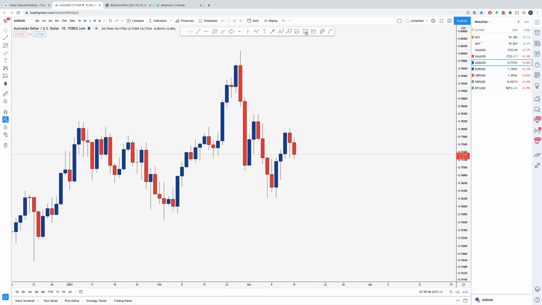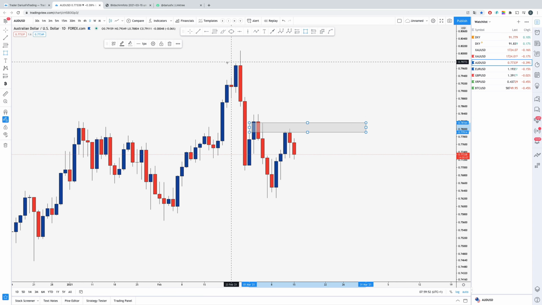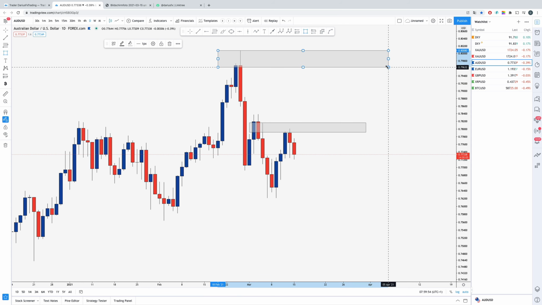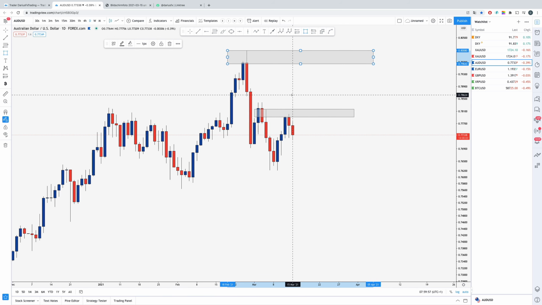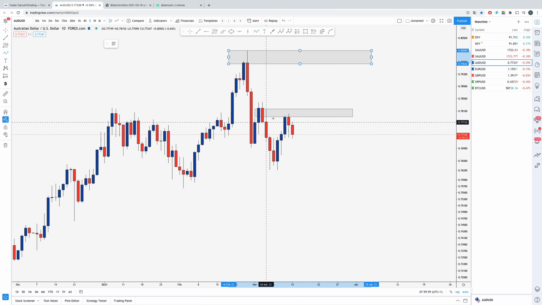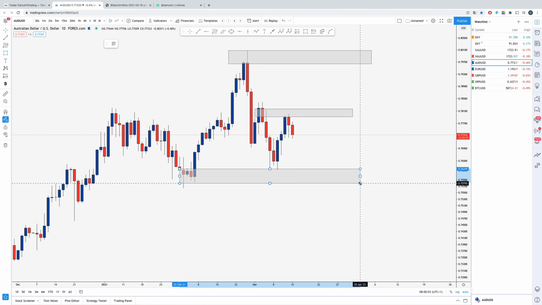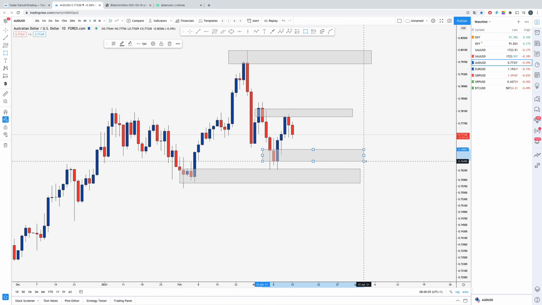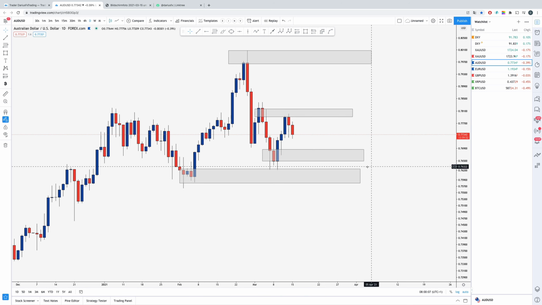I mean, yes, here we have some area of supply, that's definitely true, but we have another one also over here. Now what I do expect in this case is that the market on the AUD will probably go a little bit lower to test this level of demand or this level of demand. Now on AUDUSD we can spot a lot of levels, which is not the best